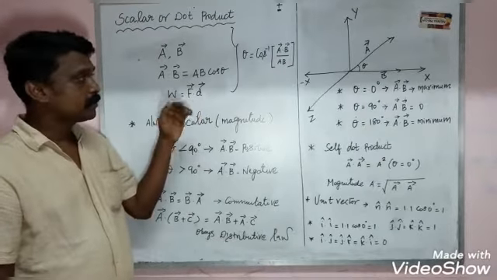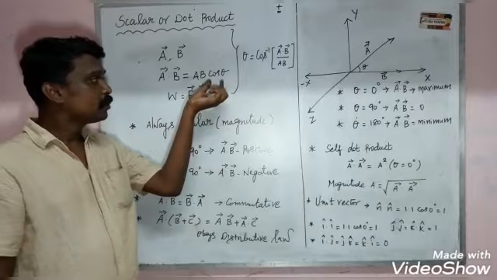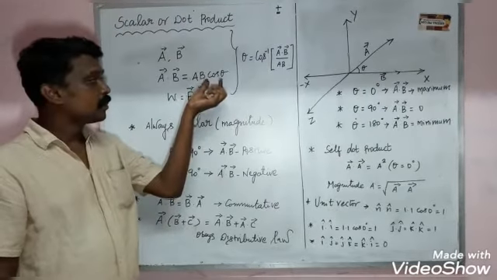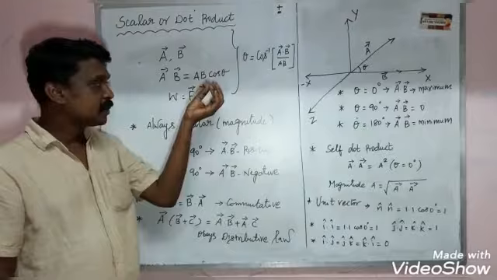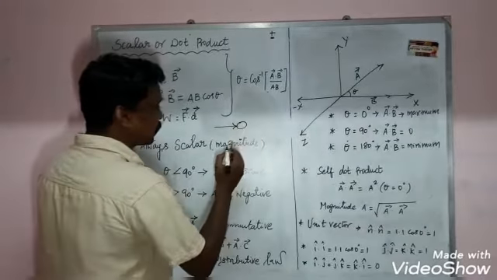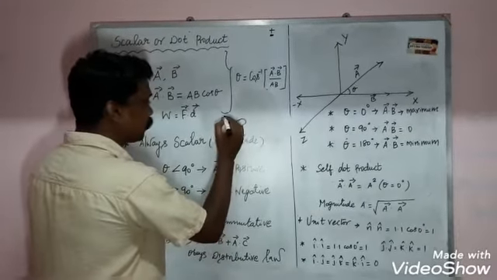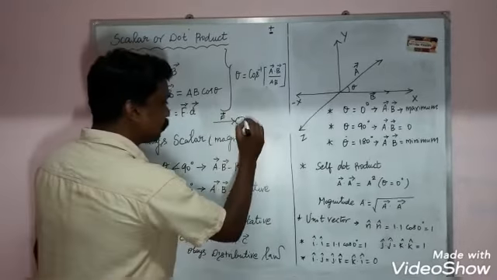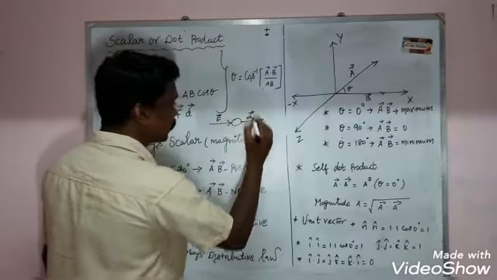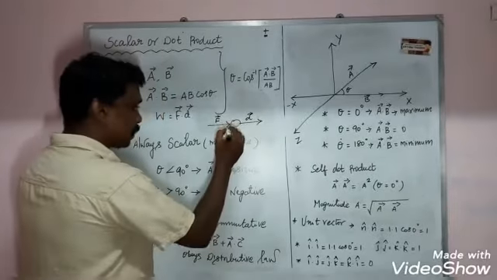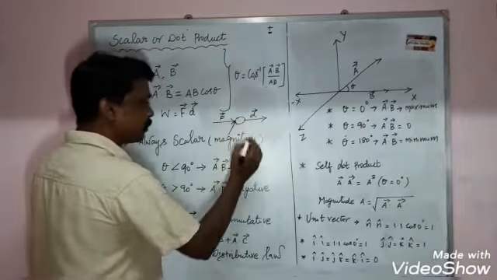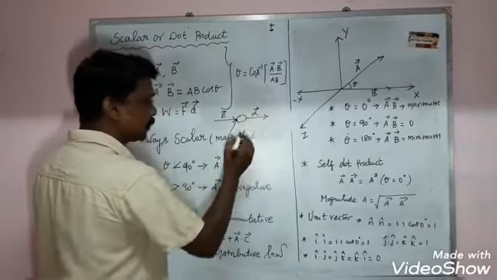Okay, the next one: why are we using cos theta here instead of sin theta or tan theta? If we strike the carom board coin with a striker, we are giving force to the coin, so it is moving in this direction, that is the displacement d vector. Suppose we are giving the force in this direction, what happens? It is also moving in this direction only.